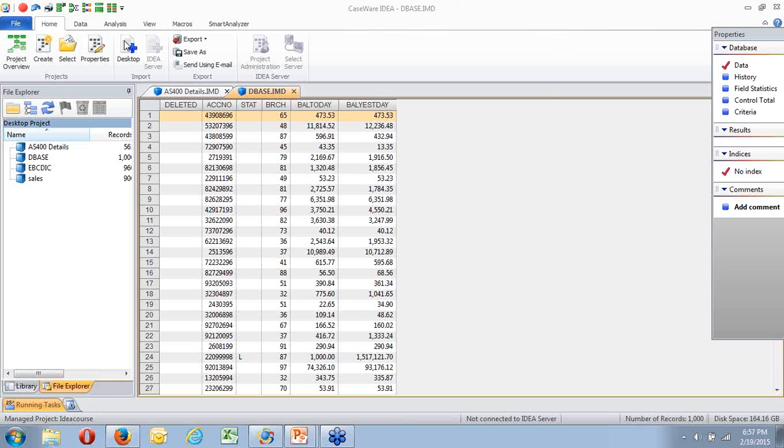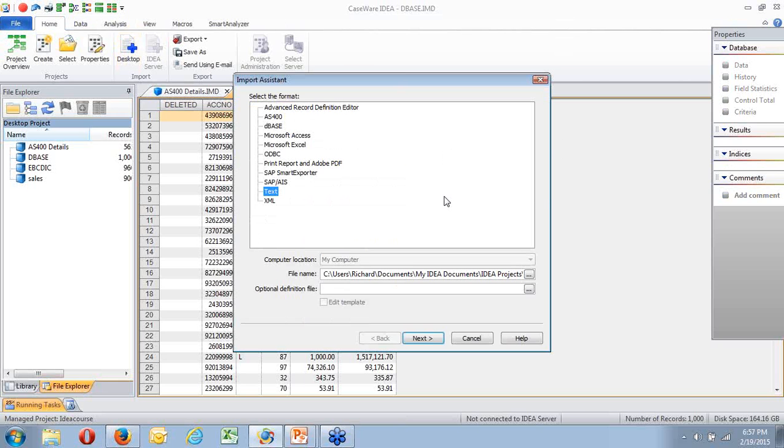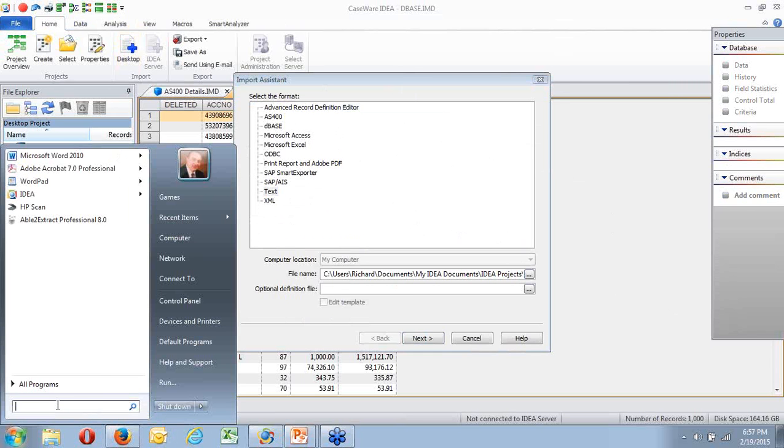Let's go and bring in another file. In this case, I'm going to bring in a Lotus file. Now you don't have a Lotus file on the ones that I gave you, so I'm going to pick one up. I'll pick a Lotus version 4 file, and I'm going to bring that in as a Lotus Work 4 file. In fact, I don't have one for a Lotus Work 4 file when I think about it. But I can go and look for one.